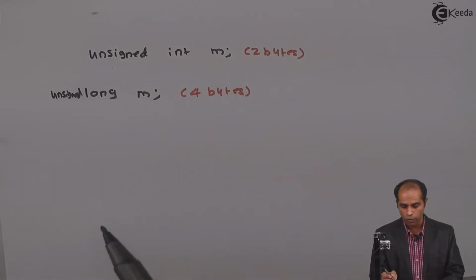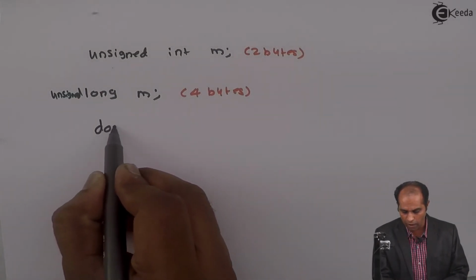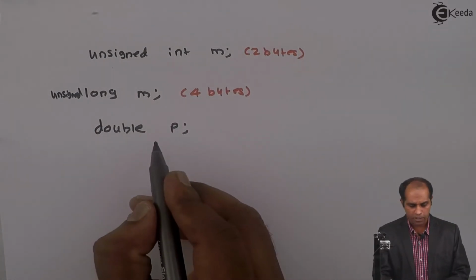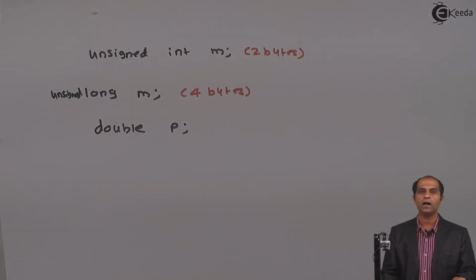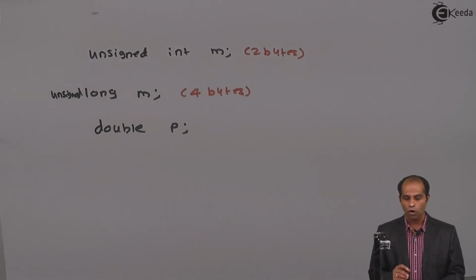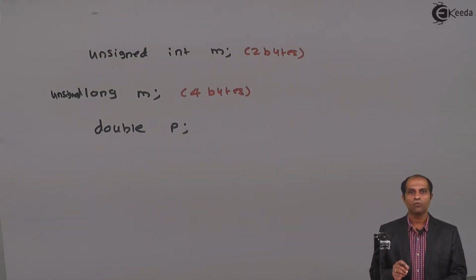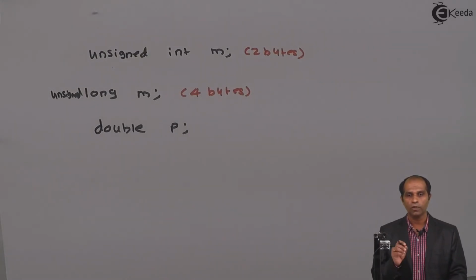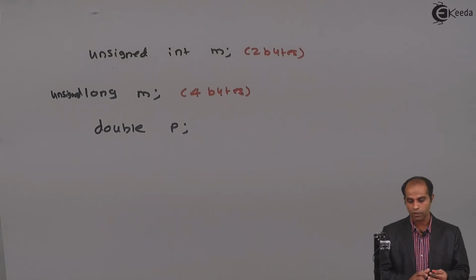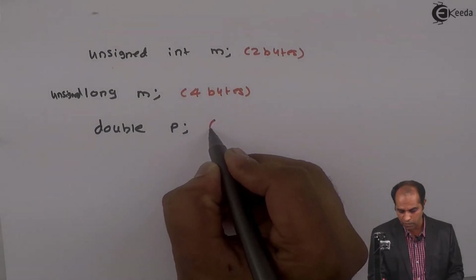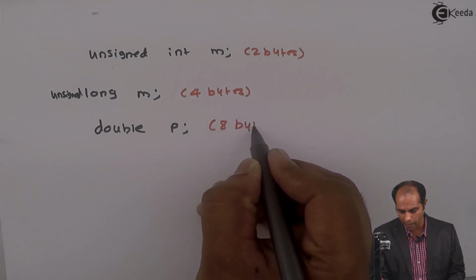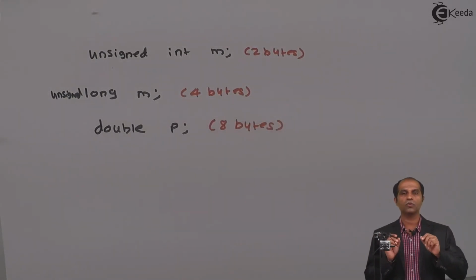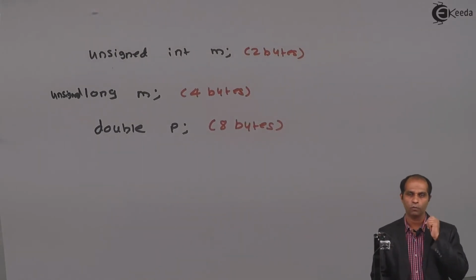Hence what we do is we go for a new keyword called double. Suppose if I say double P, it means that now I can store very large positive values of type fractional. Float will also store fractional values, double will also store fractional values, but double will store very large fraction values. So if you ask me the size of this variable, it is 8 bytes. So float and double are going to store fraction values or real values, floating point values.